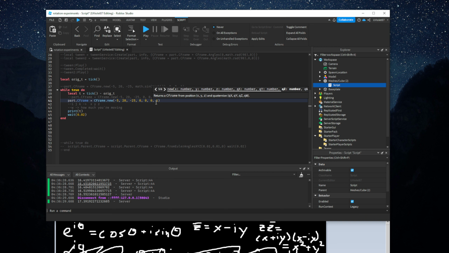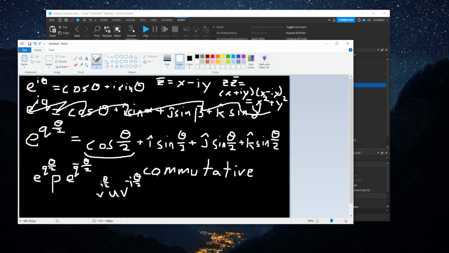So let's take the simplest example where it's just this. This is the identity, and this should represent no rotation, right? So what's the story with this 1 in the w component? Well, what this means is that cosine theta over 2 here is equal to 1. So if I inverse cosine both sides, you ask yourself, what is the angle where the cosine of it gives me 1? Cosine is 1 when the angle is 0. So if I inverse cosine both sides,